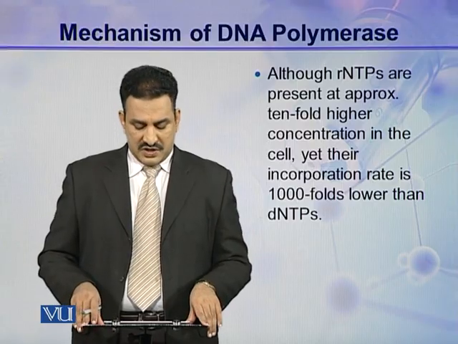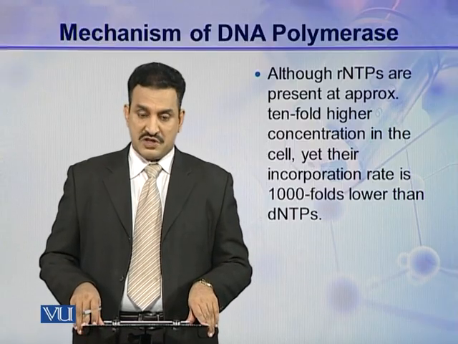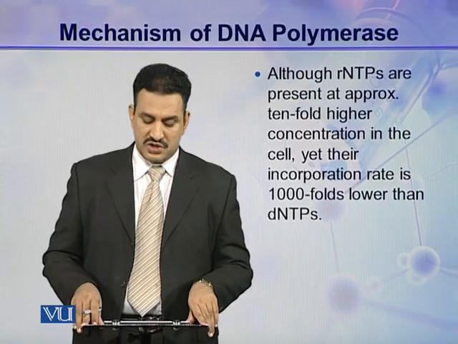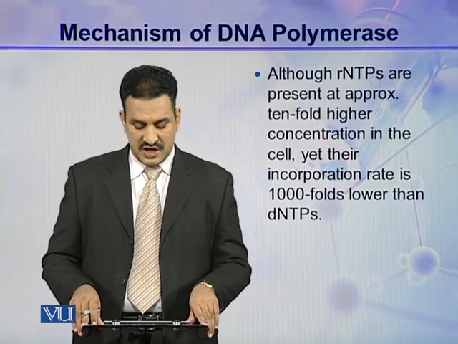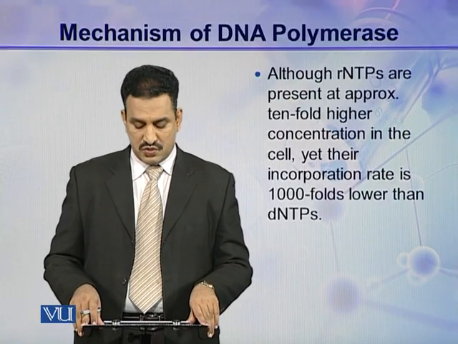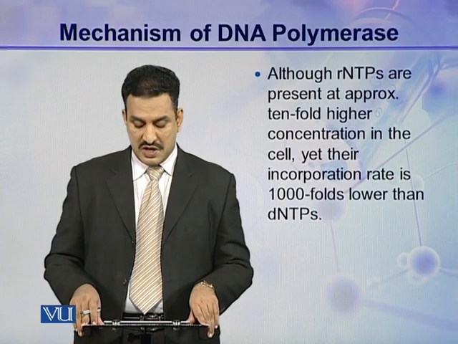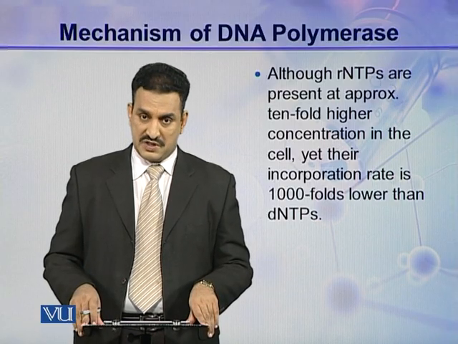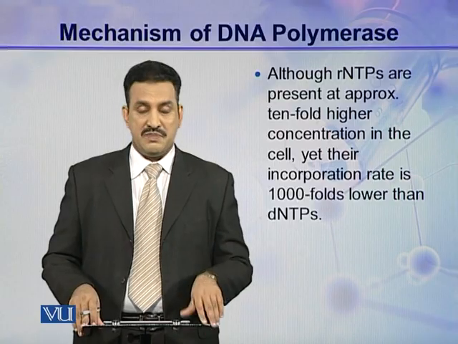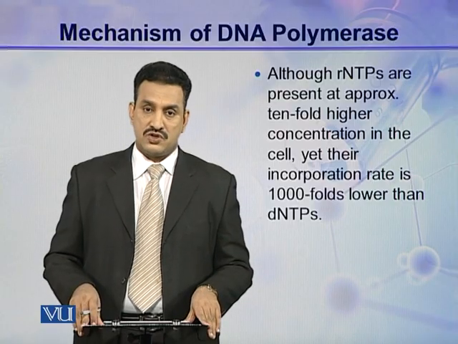Although rNTPs are present at approximately 10 fold higher concentration in the cell, yet their incorporation rate is 1000 fold lower than the dNTPs, and that is due to the ability of DNA polymerase to distinguish